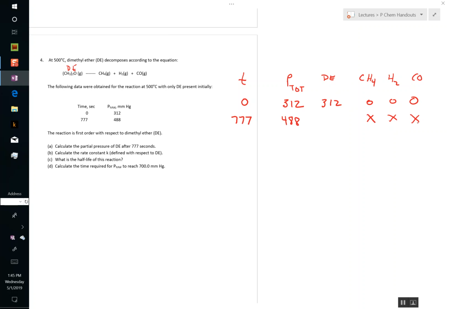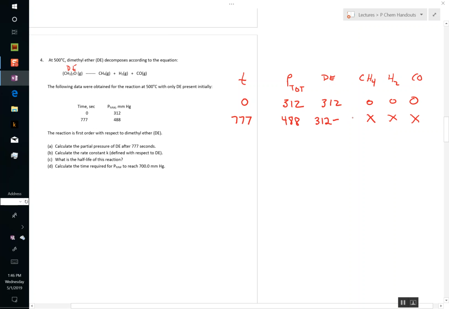So the total pressure is going to be the partial pressure of the DE plus the partial pressure of the methane plus that, right? And for every one of these that decomposes, you get one of each of those, right? So as the pressure of these goes up, the pressure of this one goes down, right? So this one is going to be 312